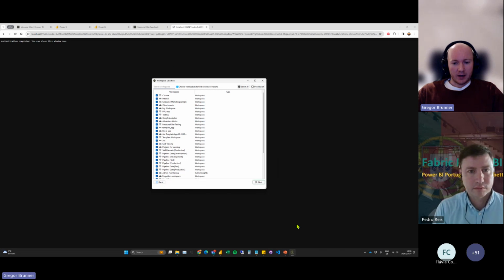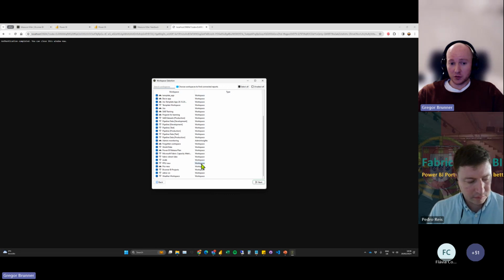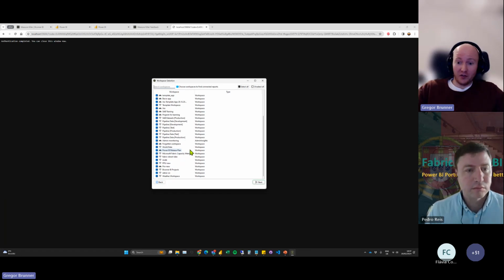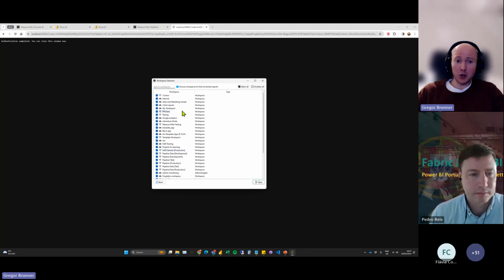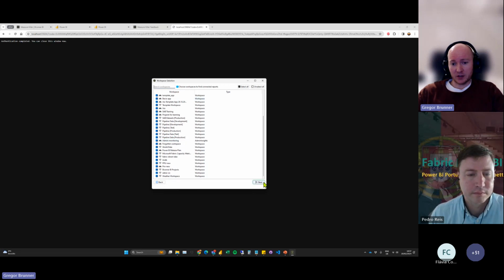Now, the next thing I need to do is select all the workspaces where it should search to find the connected reports. Here, it can search for everything that I have access to, or I can use the admin mode, which is another mode of Measure Killer. If you're a tenant admin, you can use admin or scanner API calls to really find everything in the tenant. But if you're a normal user, you need to make sure you have access to the relevant workspaces. Only then can it find reports there.